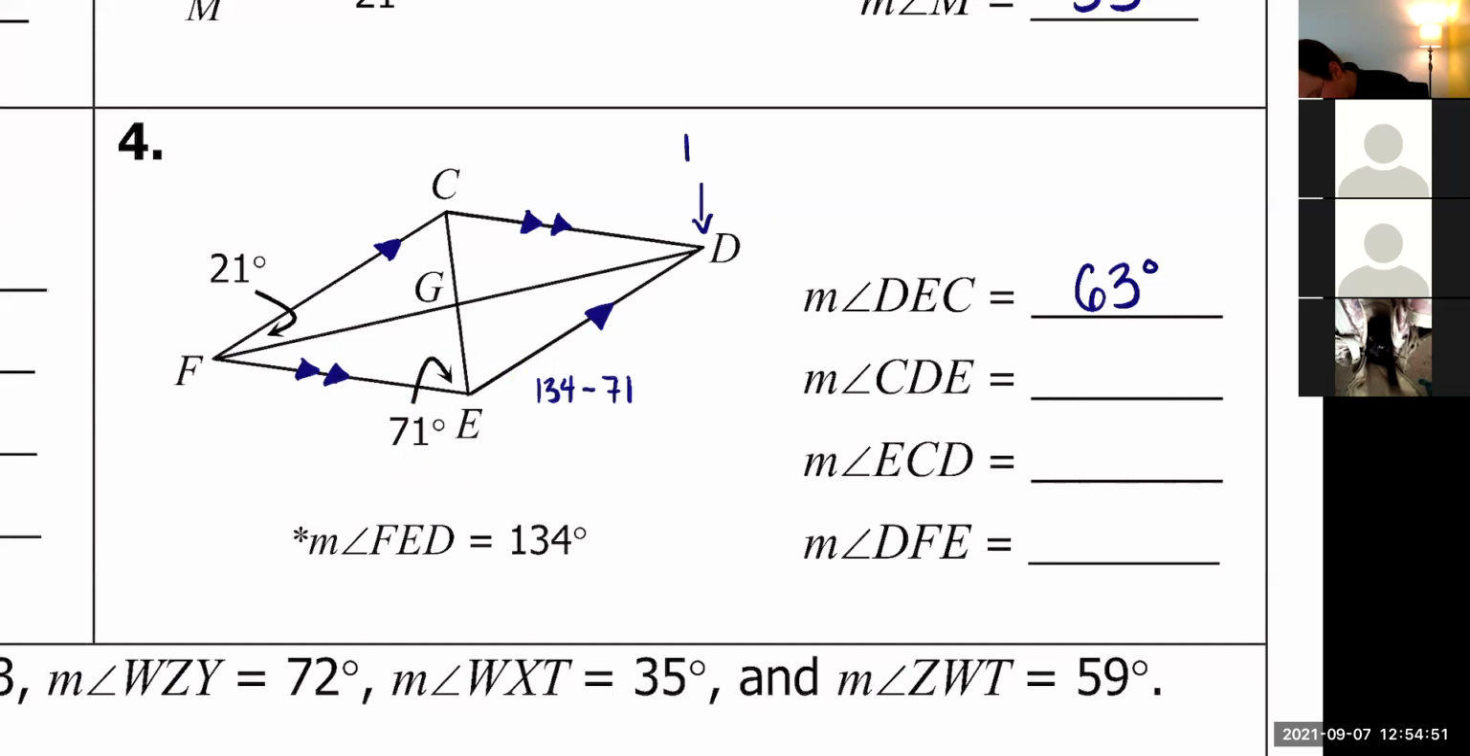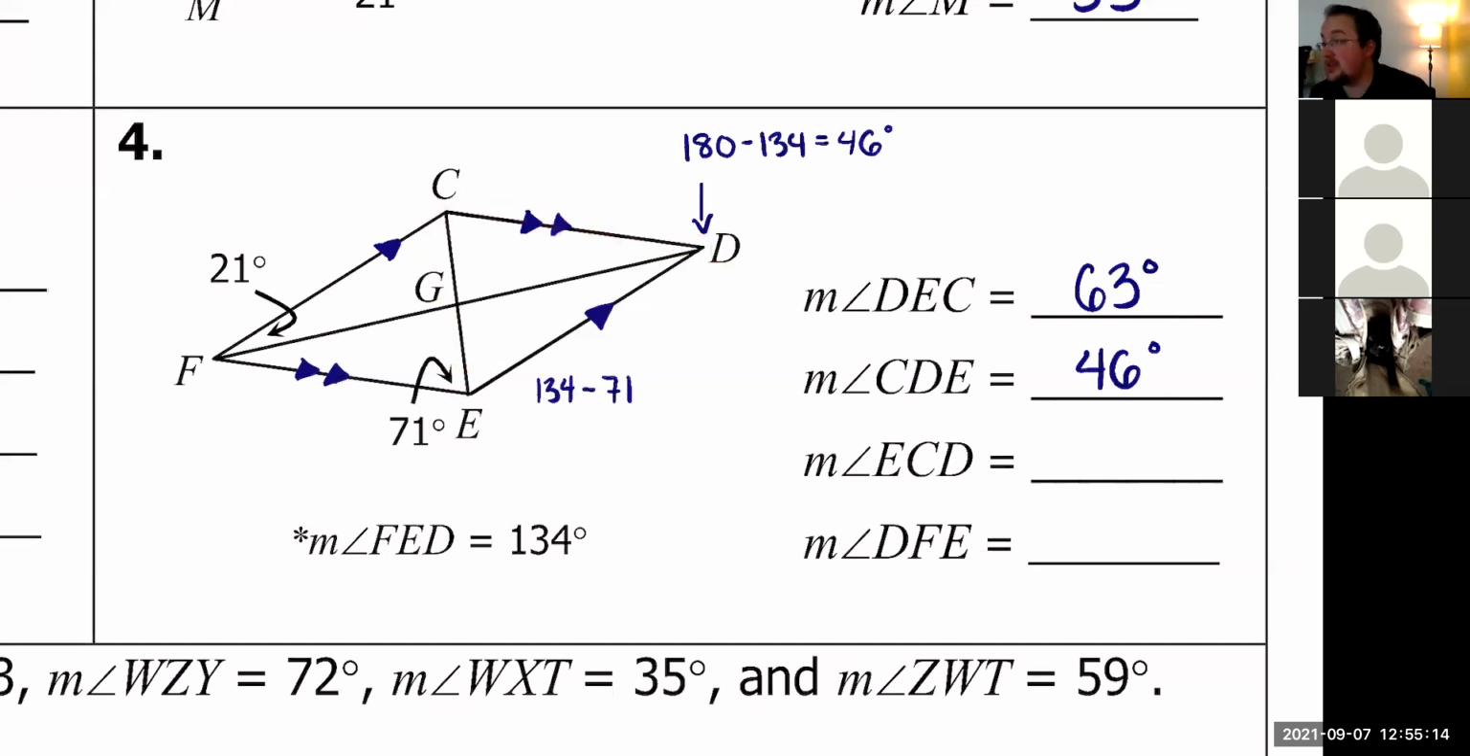46. So 180 minus 134, you said 46. All right. Next up on our list, we have angle ECD. Now this one's rather sly